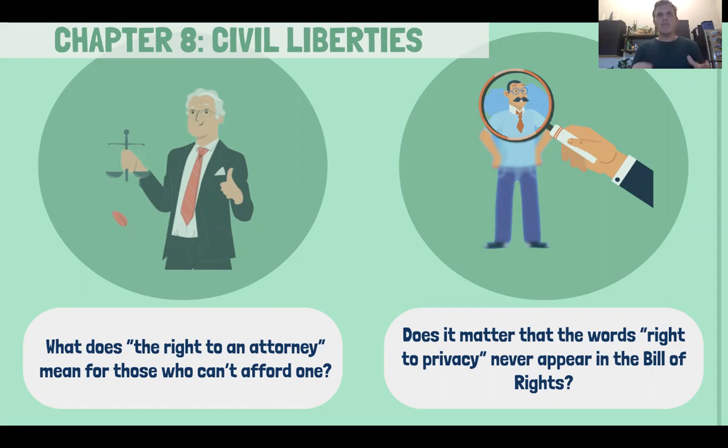You see, the Bill of Rights is a short document. You could read through it in 5 minutes. And the result is that there's plenty left out when it comes to fully understanding what our civil liberties are, and they were always going to evolve over time. And we're looking at two cases that illustrate just that.